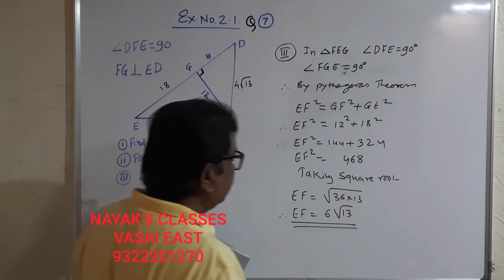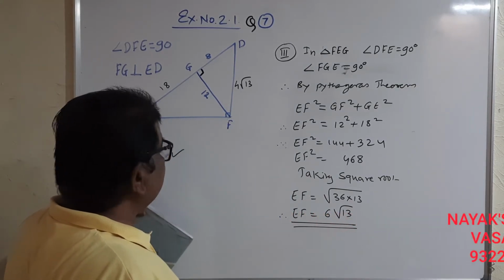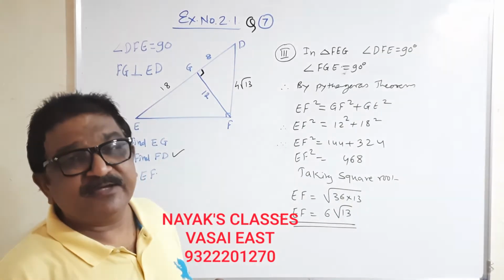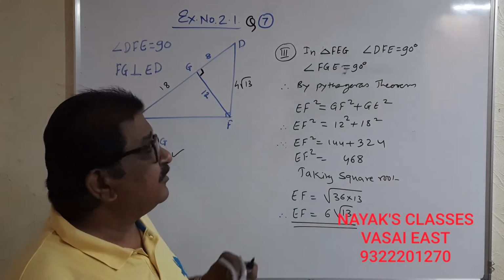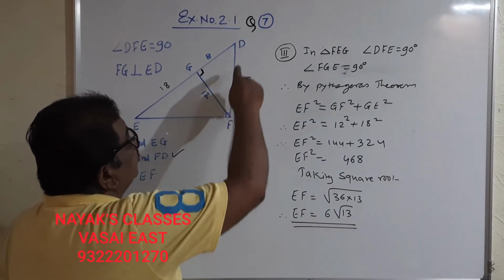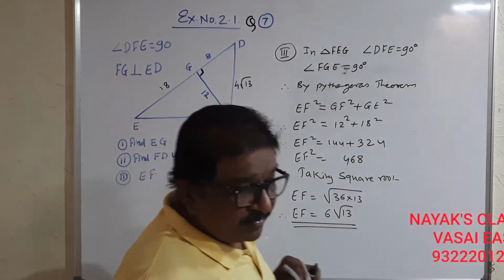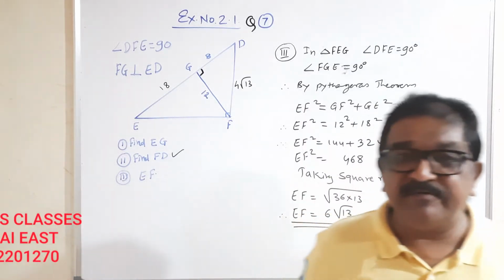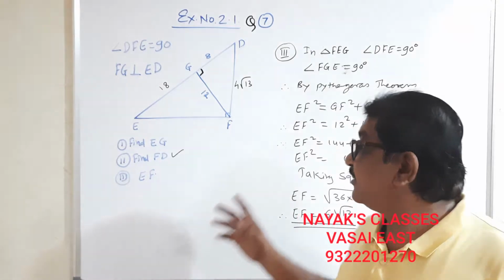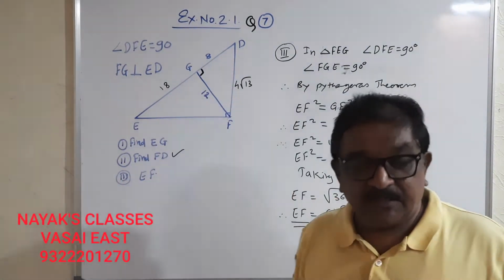So this is the answer of third part. We find EG, FD and EF. First we use geometric mean, second we use Pythagoras theorem, again we have used Pythagoras theorem. We drop the idea of taking DFE because there is a root sign and it will create problems in the calculations and the answer will be in decimal point. So some students may feel difficult, so I have taken EFG. Correct?